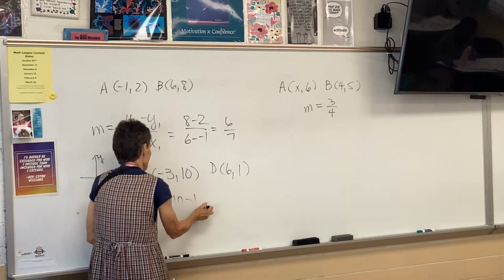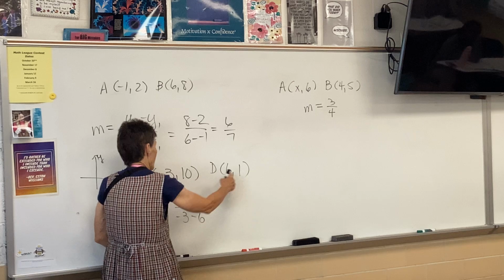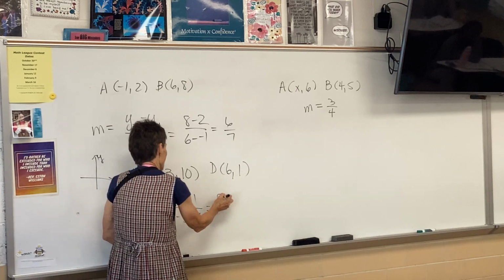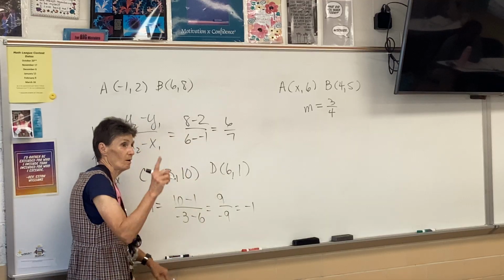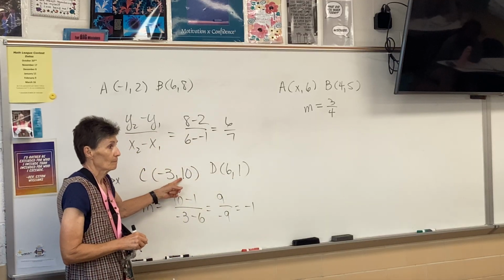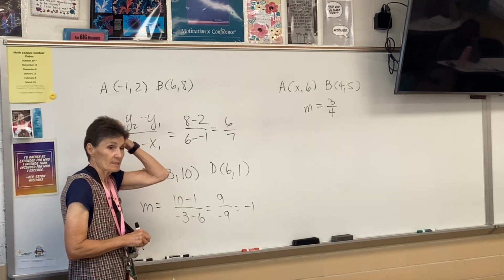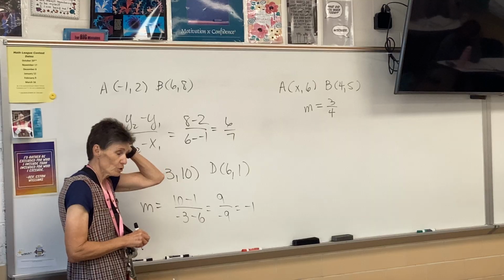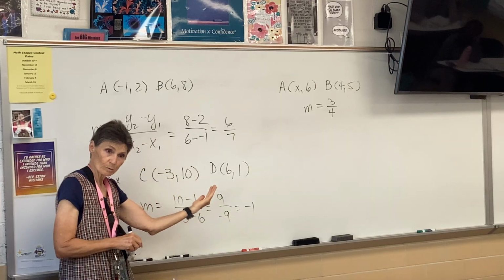10 minus 1 over -3 minus 6. Y, x, x. I got 9 over -9, which is -1. Now, did anybody do 1 minus 10 and 6 minus -3? Did you get the same answer? Of course you did. The order you subtract doesn't matter as long as you do it the same way for